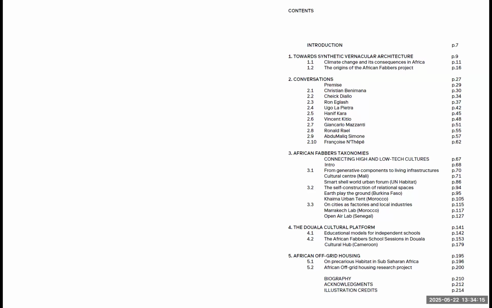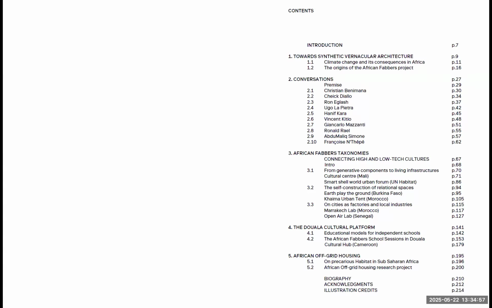So the conversation has been informing the agenda for a long time, in parallel to the African Farms Project and the taxonomy project, which I will explain later on, split by macro agendas and topics. The first one is from generative component to living infrastructure. This idea is learned from some specific places where we were developing our classes and our workshops on speculating on developing a different scale